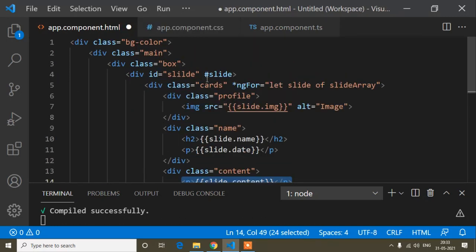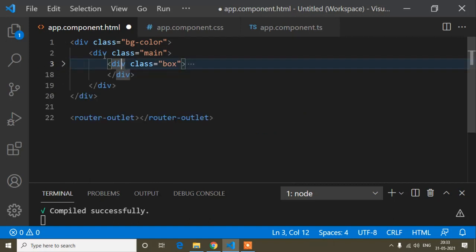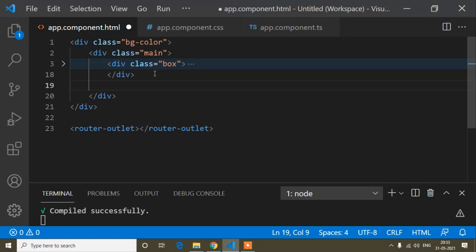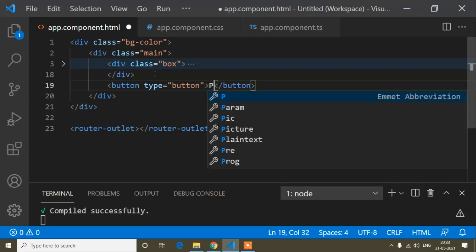So now I have to write a button, so that when I click this previous and next button, the slide will happen. For that I have to write the button. That button I will create inside this main tag. So here I will add my cursor, and write button type is button, and the button name is first of all preview.